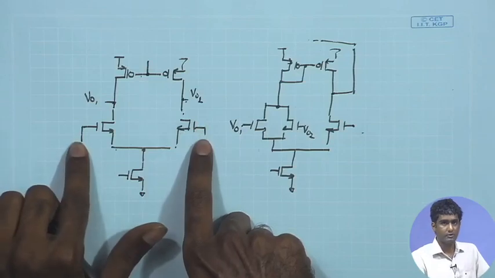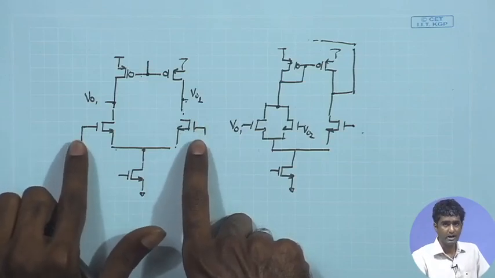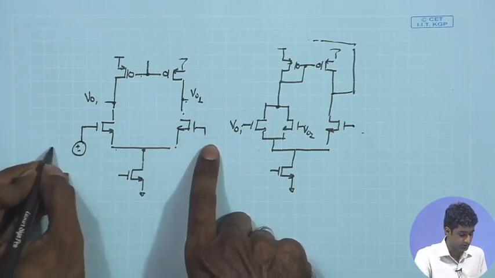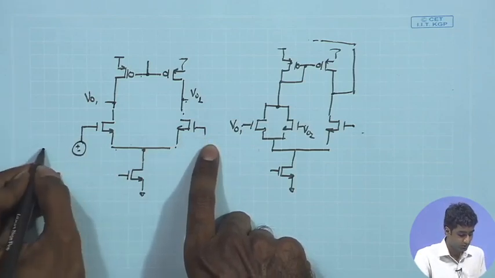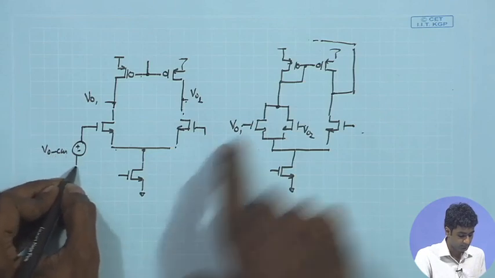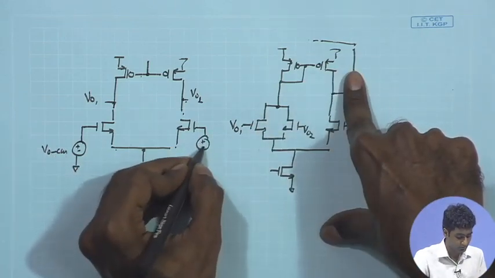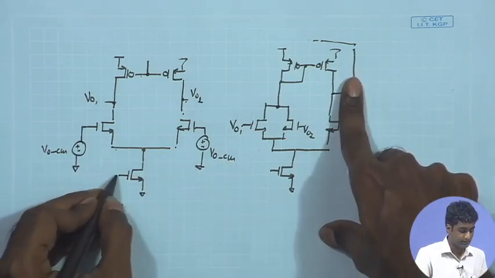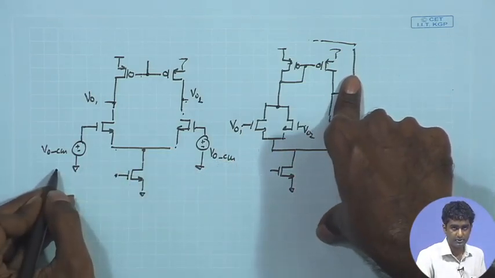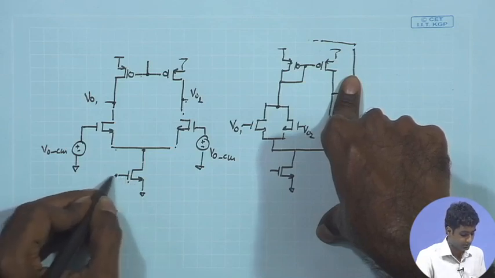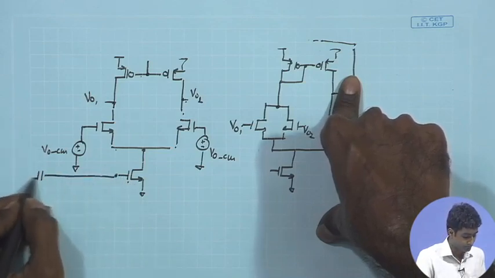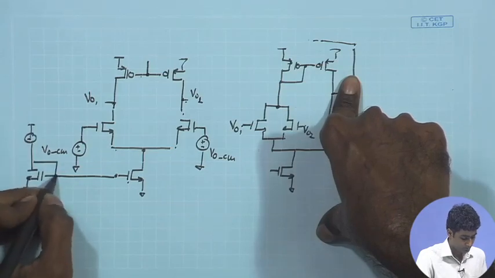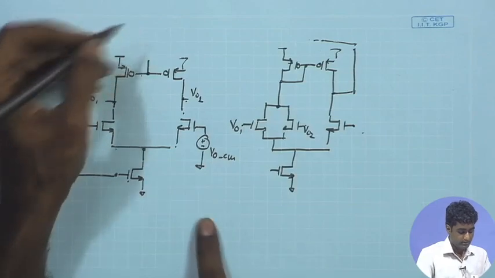So, in the closed loop condition, we know that we had put the common mode DC output voltages over here. So, we can just connect DC voltages over here, which was equal to our VOCM under closed loop condition. So, I will put just the same VOCM over here. This is anyway coming from the reference current mirror branch, so I do not need to talk about this. This may be coming from a reference current mirror branch, and here